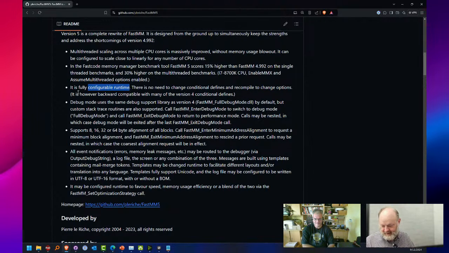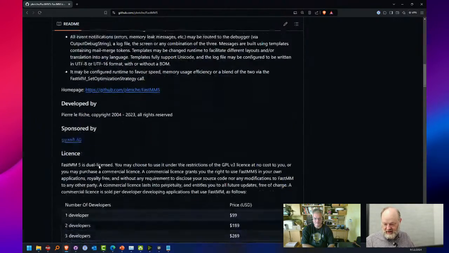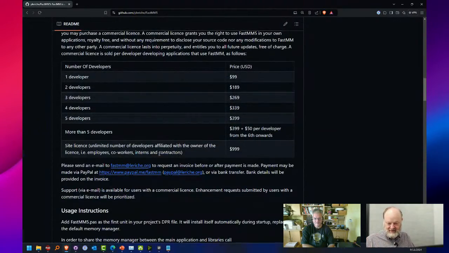If you are using this, you can go out here and buy a license for it. Now, he mentioned the importance of switching between memory managers for debug purposes, that you could use 5 for debugging to help find bugs between 4 and 5, but you should really buy a license too and support it as well.